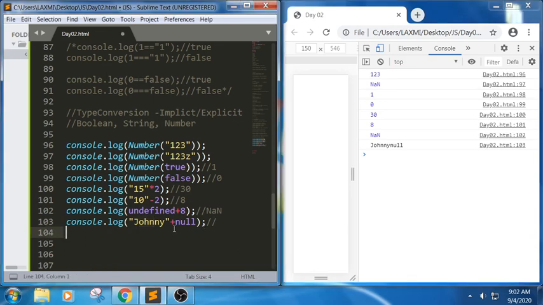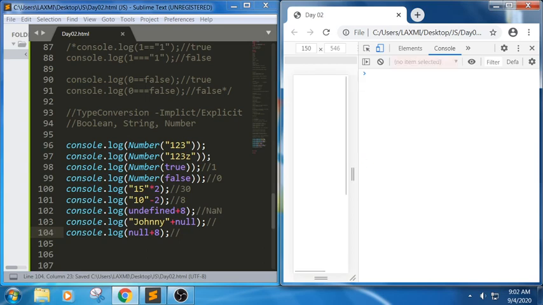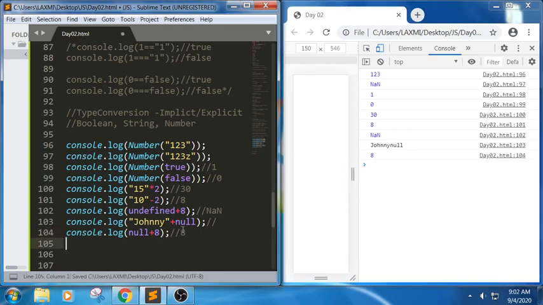For example, the same thing, I'm trying to take null plus 25. I'm trying to take the same thing, null in the sense it doesn't have any value. I'm trying to take 8. What does it mean? It will try to give us 8.